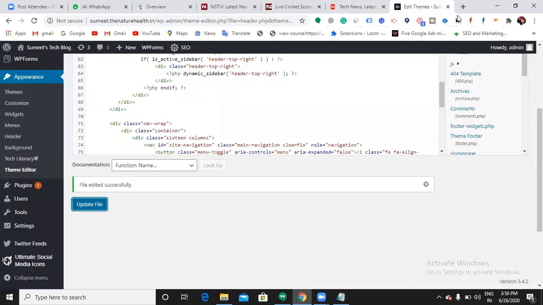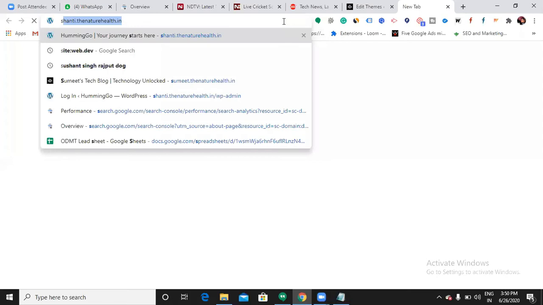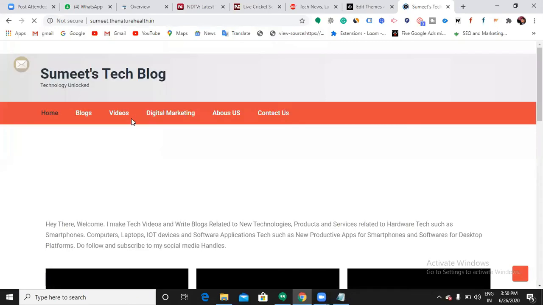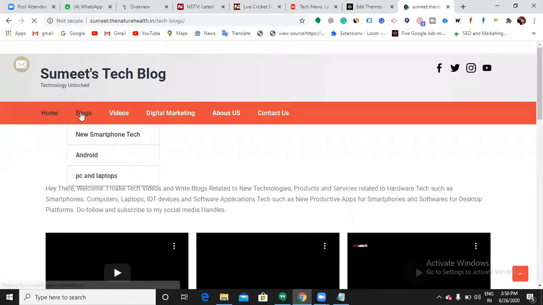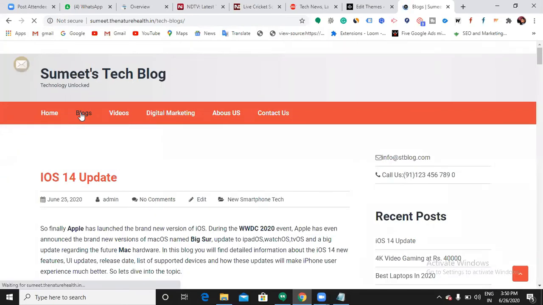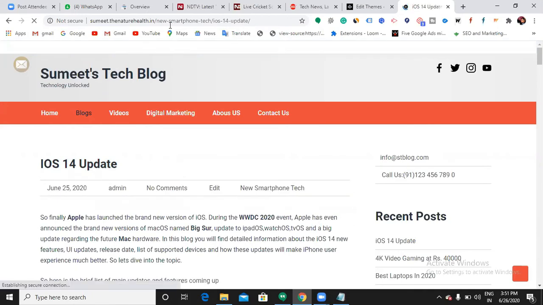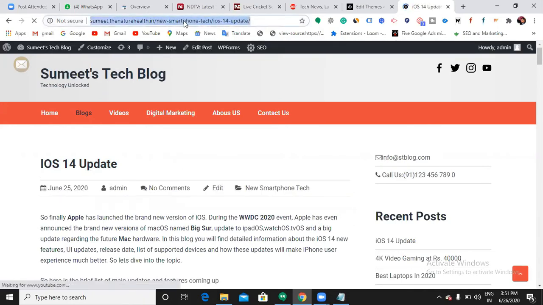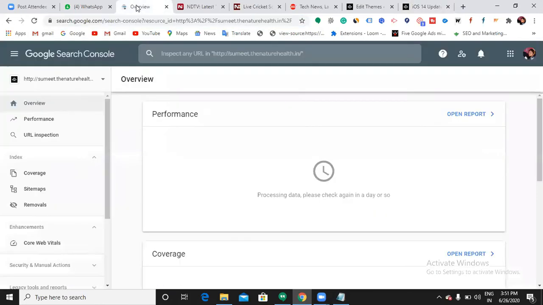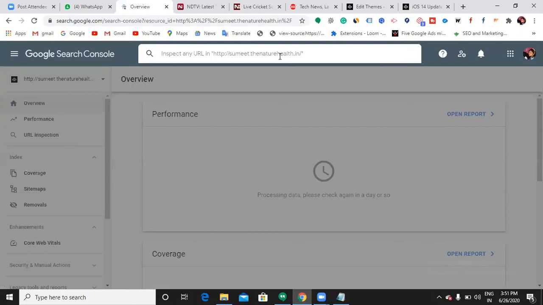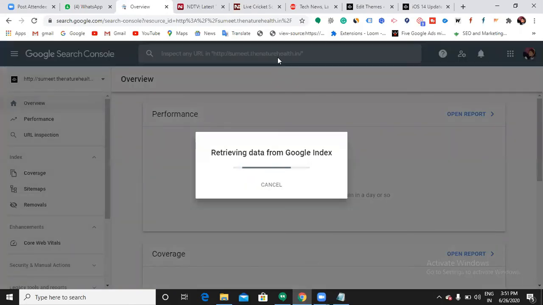iOS something is there, right? Yes, my post URL. So we should be specific. You have to inspect each and every blog post URL you have. So now this is a blog post URL, right? I'm going to make Google crawl and index this first of all. Okay. So copy the complete URL. Okay. And go back. URL inspection. Enter your URL and then enter.